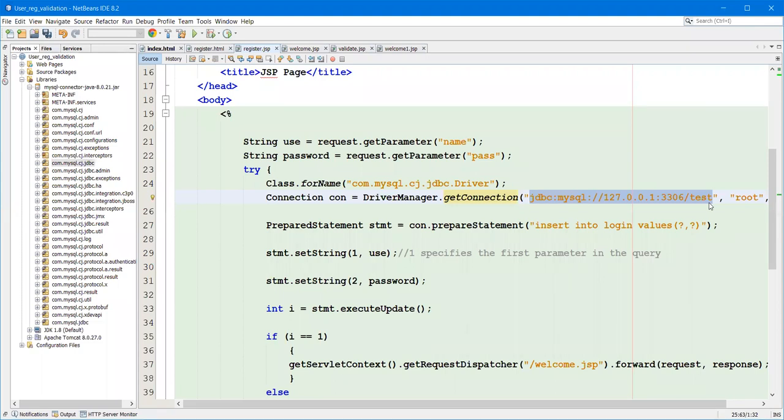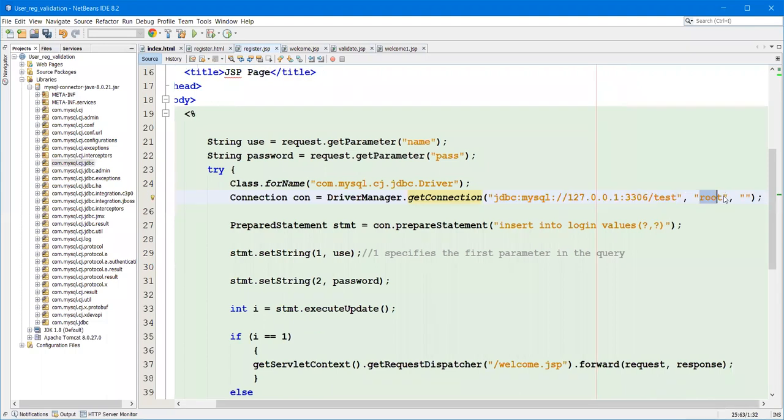Before this, we already saw the test database, table name, column values and all. The username for the database is root, and for my database there is no password. That's why I'm keeping the password field empty. This password field depends upon your database installation.